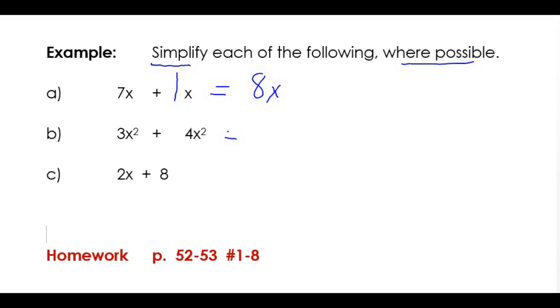In example B, I'm looking to see that my variables are the same and the exponents on them are the same, and in this case they are. So I simply go ahead and add my coefficients, and that will give me